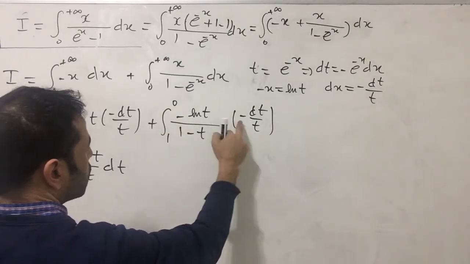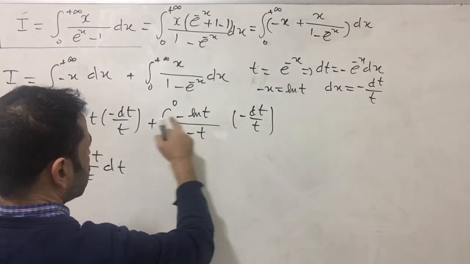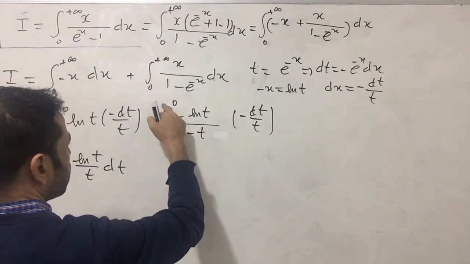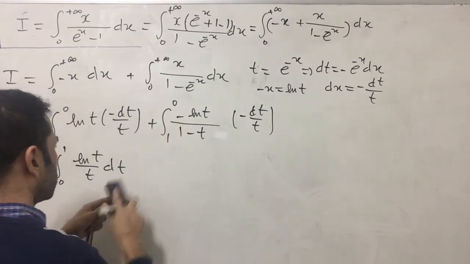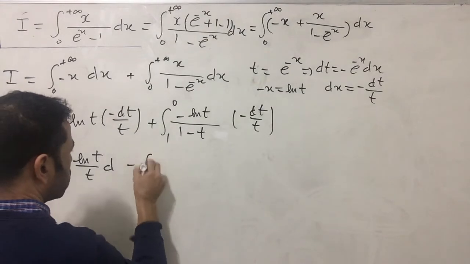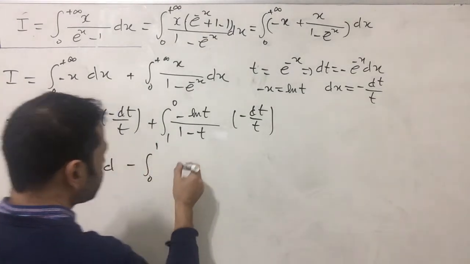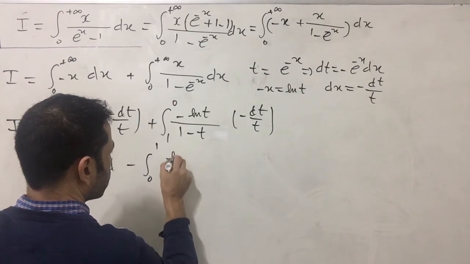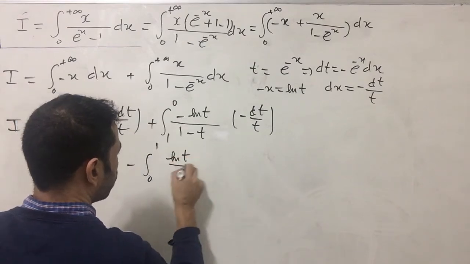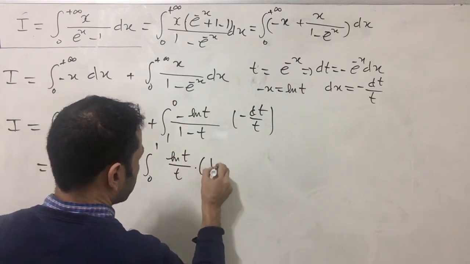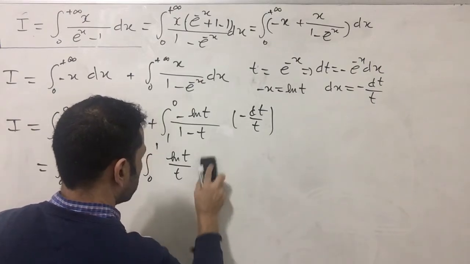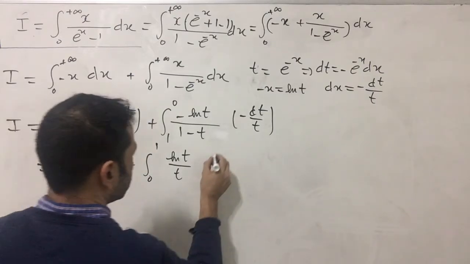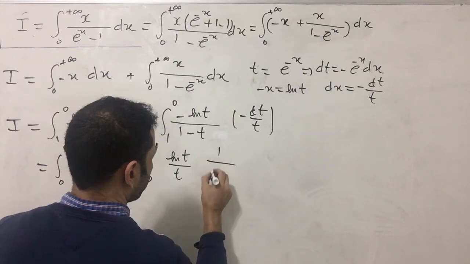This minus will be cancelled with this minus and become plus. By changing the bound of this integral, now I will have minus the integral from 0 to 1 of natural log of t over t, times 1 over 1 minus t,